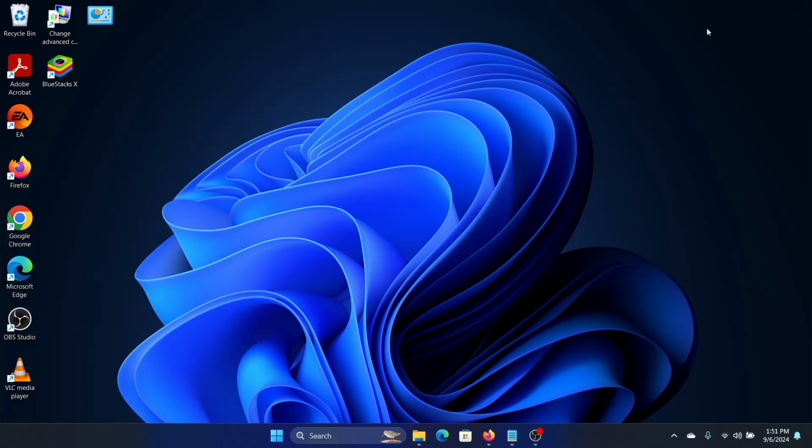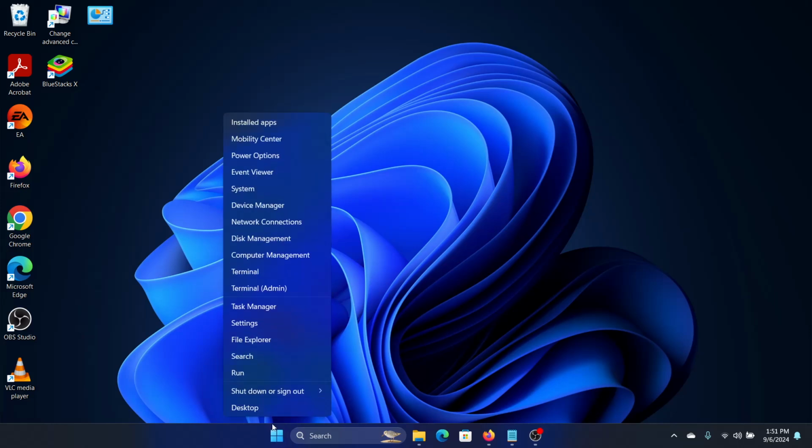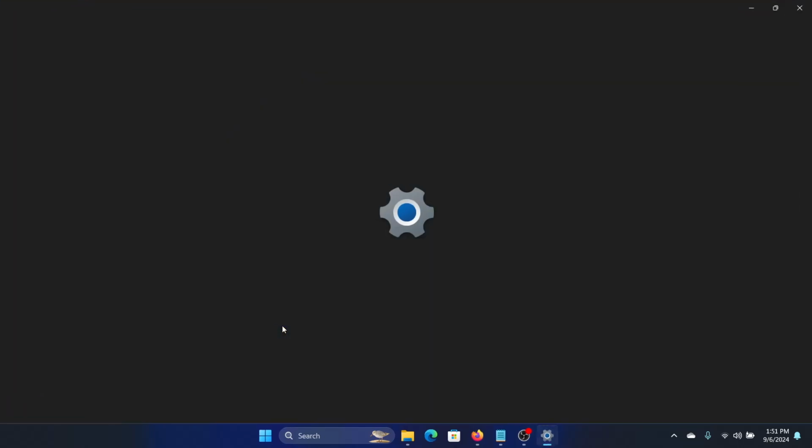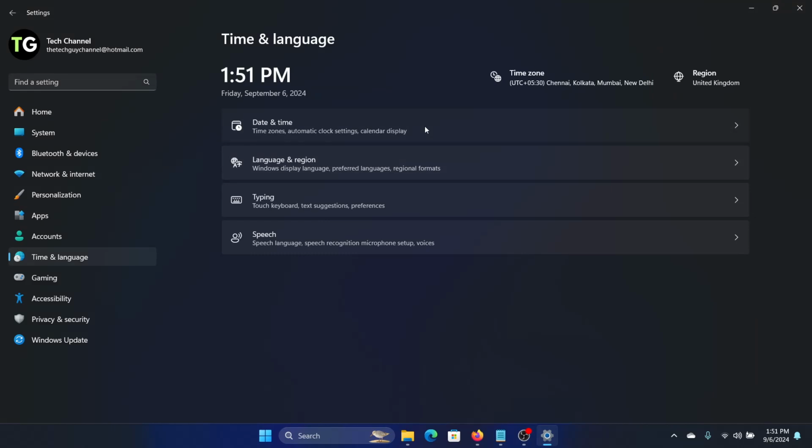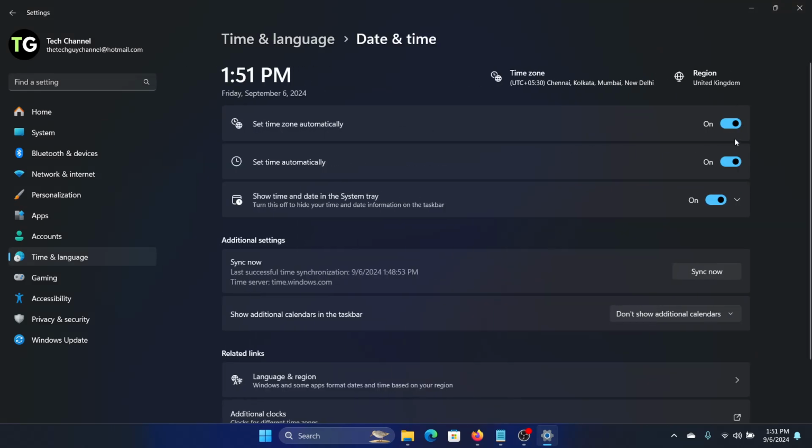If you wish to learn how to set the time zone automatically, then watch this video. Now it's very simple folks, just right click on the start button, go to settings, click on time and language, click on date and time, and then you just make this radio button slide to the on position, and the most important part about why you need to do